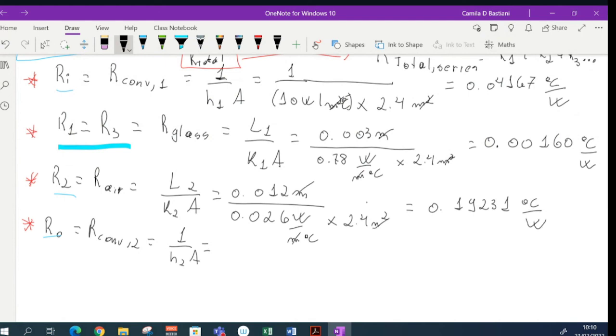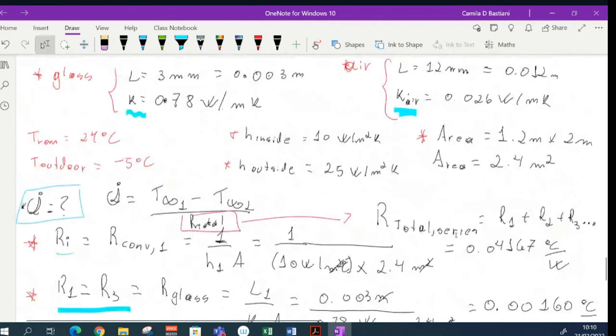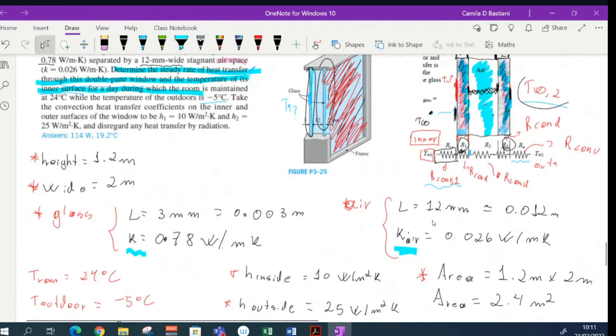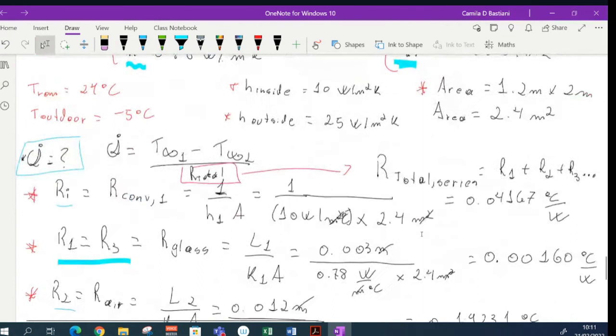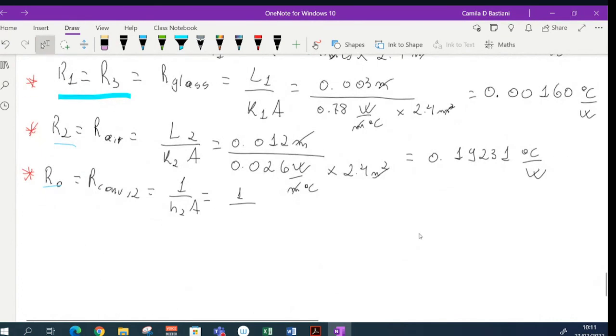And my last resistance is due to convection between my outer wall and the air in the outer side. I have a convection resistance, 1 divided by h of convection, 25 watts per meter squared degrees Celsius, multiplied by 2.4 meters square. So my last resistance is 0.01667